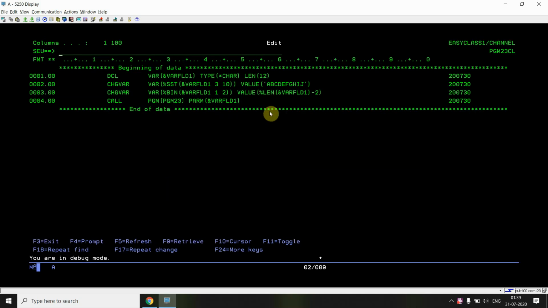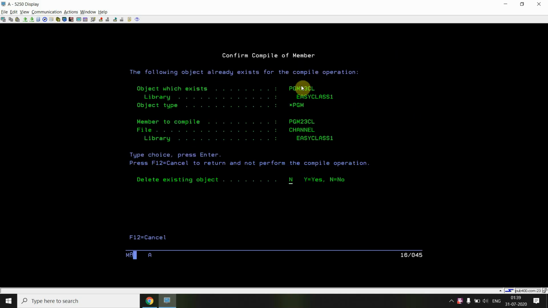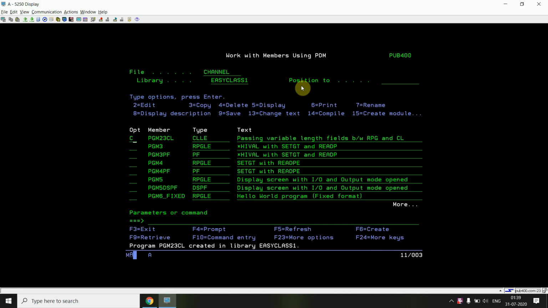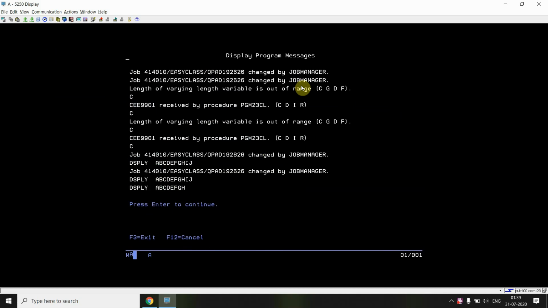Or if I just remove two digits, it would be of length 8 here. Now if you call it again, I can also see the same result.